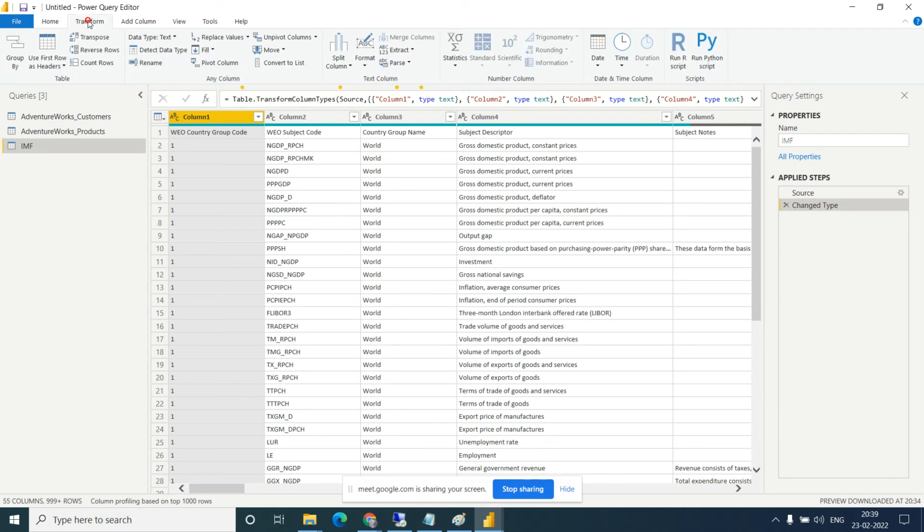Click on Transform, then Use First Row as Headers. Just click on Use First Row as Headers.